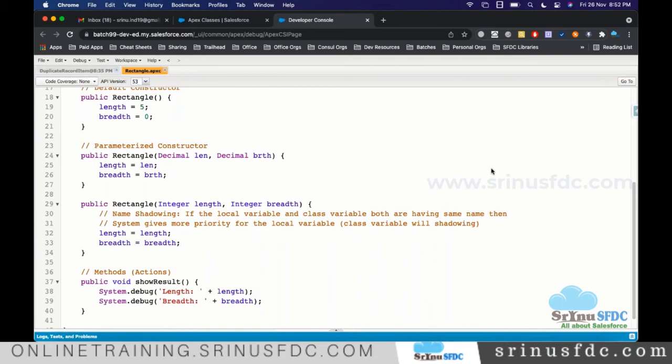Yeah, it's related to how the data type can accept the value. For example, when you say decimal, the decimal data type can accept the integer value and also the decimal digits value. Is it going for typecasting internally, or can we convert integer into decimal, but not decimal into integer?